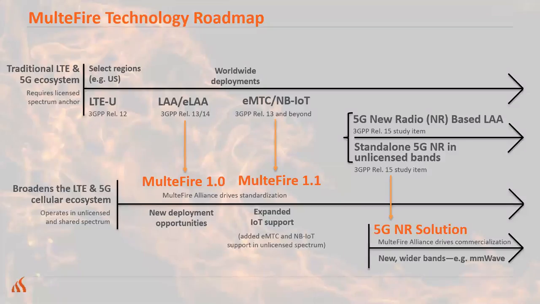So think of it as 3GPP worked on eMTC and NB-IoT in licensed spectrum. The MulteFire Alliance took that effort and applied it towards unlicensed spectrum band. I'll be in China next week for the MulteFire Alliance meeting in Beijing, where the technical team will be finalizing that spec. So we're looking forward to that milestone. As you see, looking forward toward 2019, the Alliance is looking, same thing we've done on the LTE side of the 3GPP releases, toward 5G releases of unlicensed spectrum opportunities, and the MulteFire Alliance will be working to define how best to commercialize these use cases.